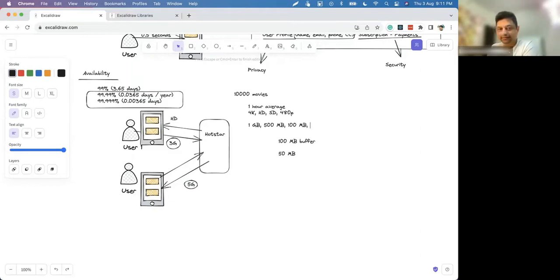This is say 50 MB. You can just do some calculation, maybe 50 or say 20 MB. So for one video, how much storage is required? 620. 1620 MB. And for 10,000 videos, how much?